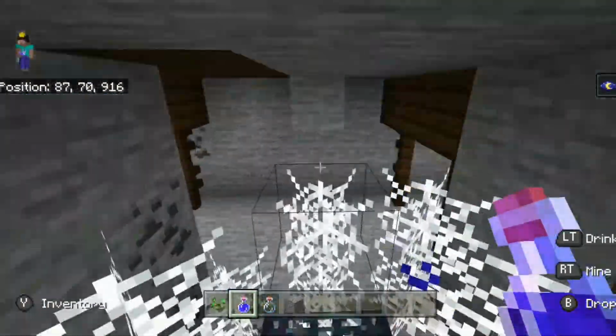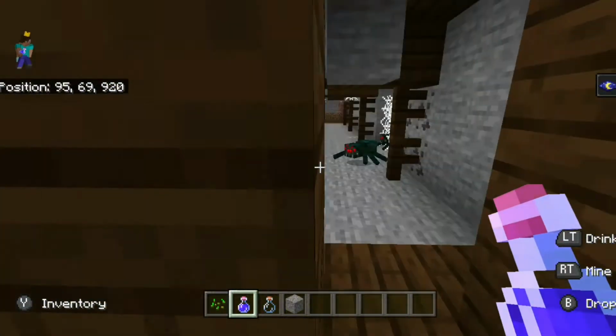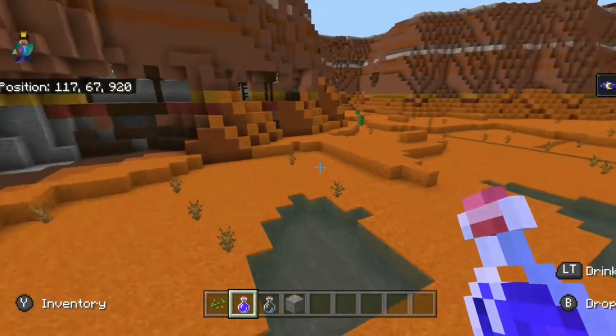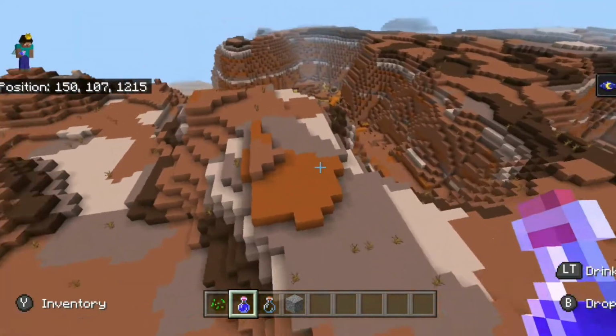And I'm not sure if you can link this one up to the other ones. It might be just too far away, but in case you want to make two different farms, then you could totally do that. And once again, an infinite supply of string in this place. And if we head our way further into the Mesa,